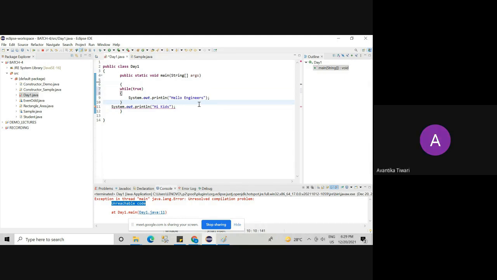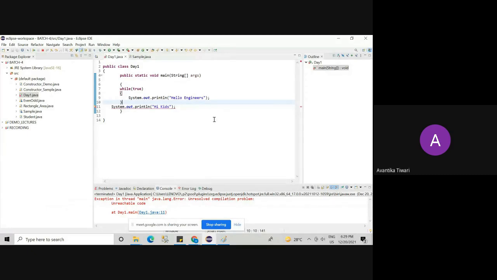Infinite, hello engineers, no problem will be there. Error, ma'am. Again the same error will come. Again it's an unreachable code, because while true means the condition is true all the time. So we will never come out of this loop and we will never be able to reach this line. So we will never reach line number 11. It's an unreachable line of code.